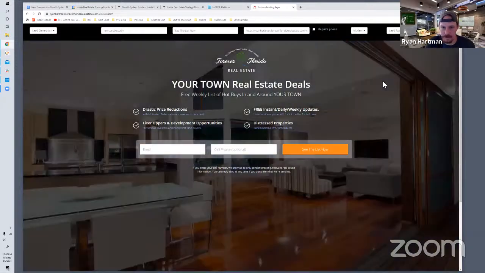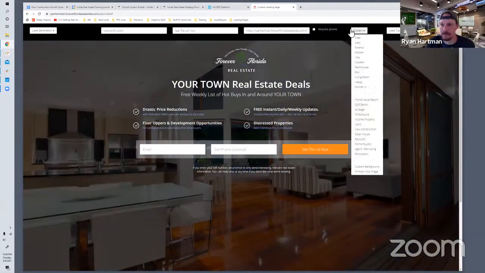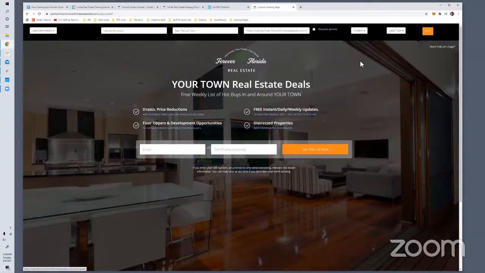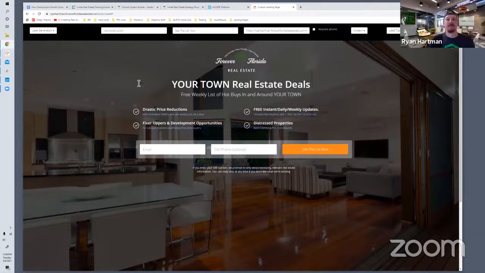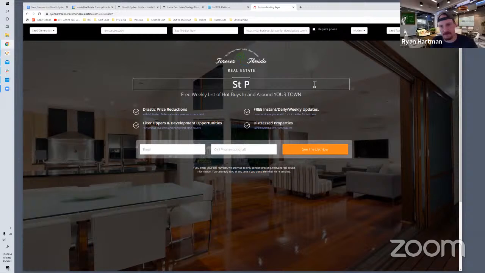So I can do modern. I kind of like this one here. It's pretty sleek. Yeah, I'm just going to stick with this one. Okay, so it's an interior pic. We'll leave the logo there, and we'll do St. Pete